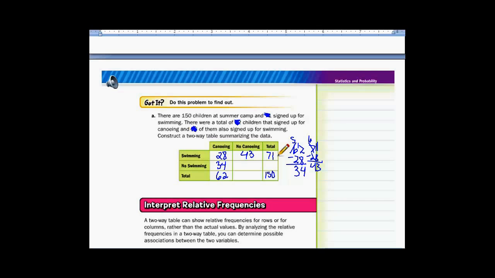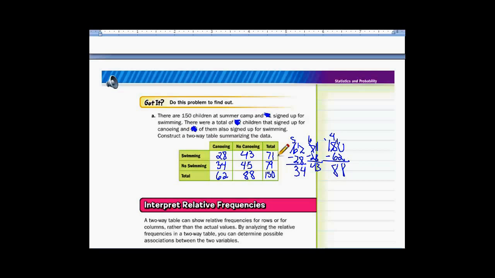Let's see, what else can I do here? I know that there are a total of 150 kids. If I take 150 minus 62, I can get how many did no canoeing at all. That would be 88. 88 would go here. And if I take 150 minus 71, I would get 79. I can do that part in my head. So I've got 79 minus 34 should give me